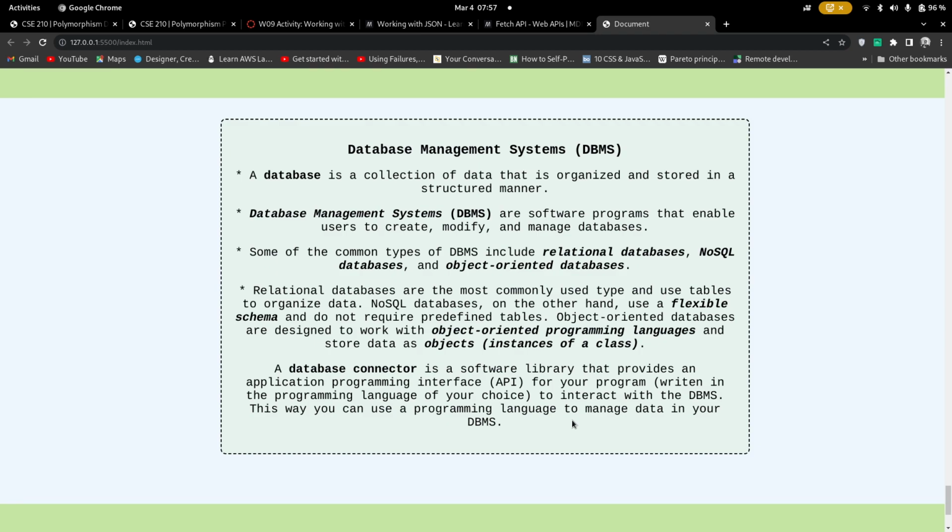So a database connector will provide your programming language with an API, and you can use that API to get the data and change the data how you want, using maybe Python, C#, anything you would like. And that's about it. So at the bottom, we have the database management system, and at the top, we have